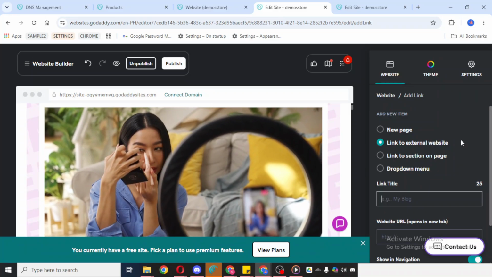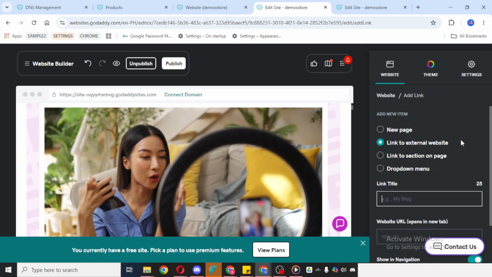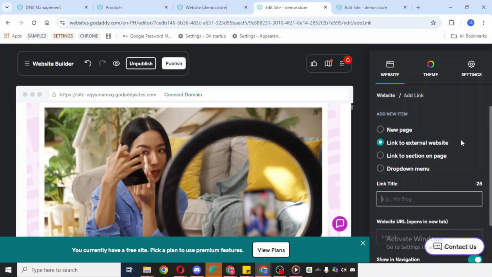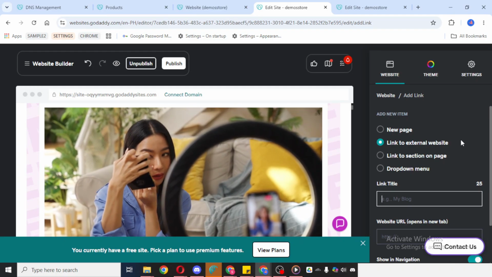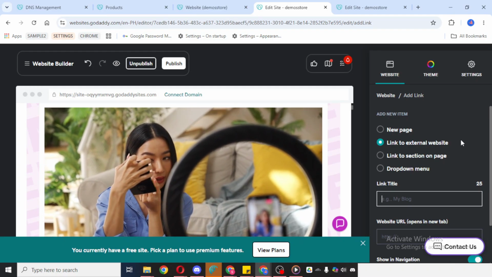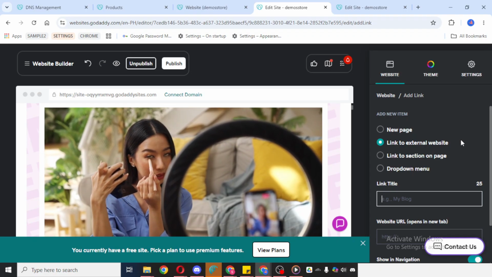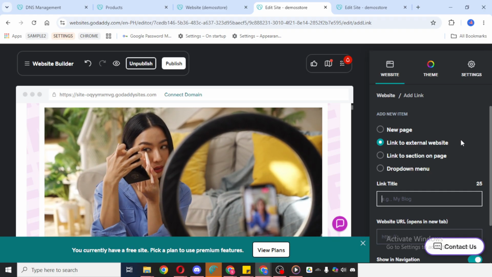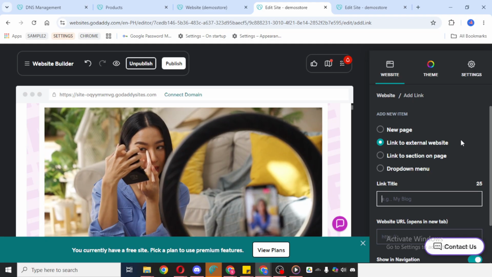As you create the page, keep your website navigation organized. Try to use page names that are short, direct, and consistent with the rest of your site. This helps both usability and presentation, especially on mobile devices where menus can feel more compact. Once your new page has been added, you can continue customizing it with content, images, and any sections you need. Just make sure everything fits the purpose of that page before you move on.